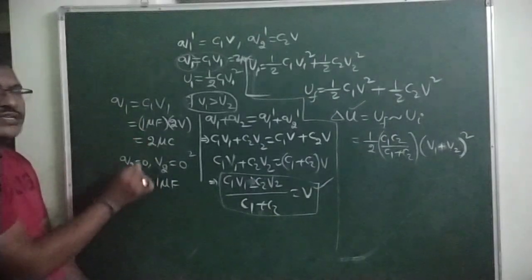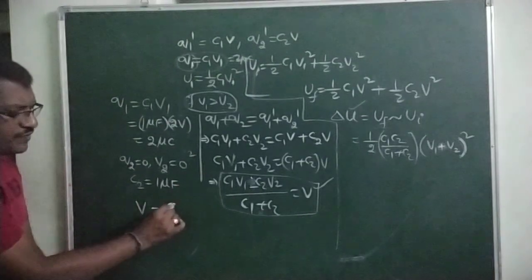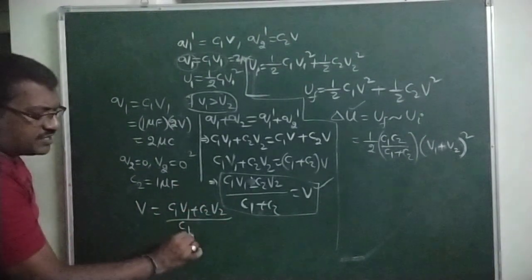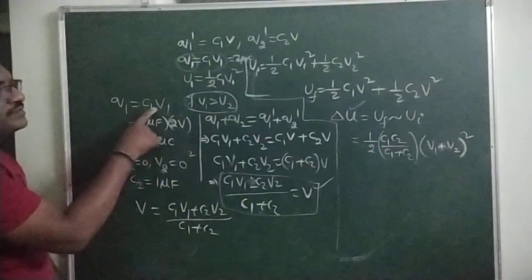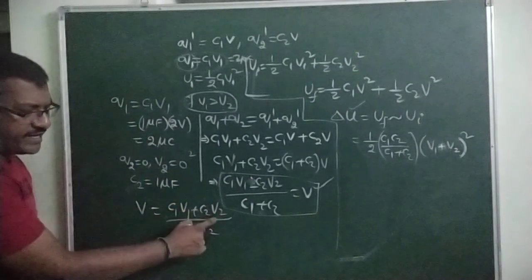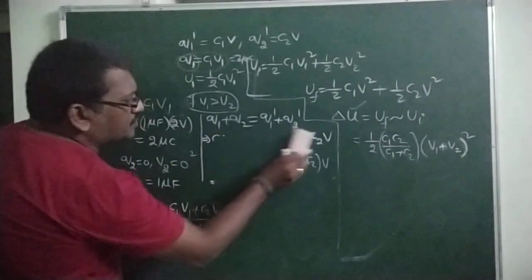Now these two are connected. Now what is the common potential? V is equal to the formula (C1 V1 + C2 V2) by (C1 + C2). C1 V1 is the charge on the first capacitor, and C2 V2 is the charge on the second capacitor. By substituting the values, you get here: